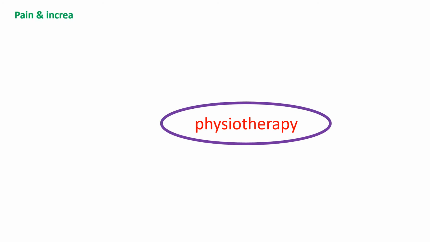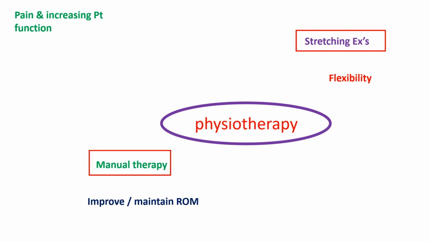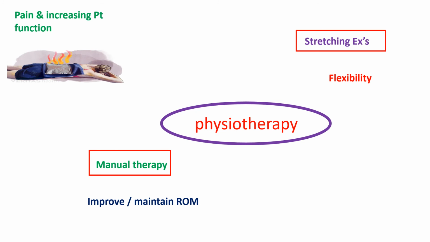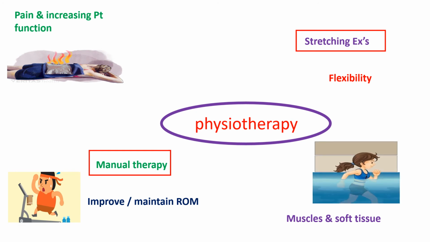Now I will tell you about the physical therapy management. The aim of physical therapy management is to reduce the pain and increase the patient's function. The program may include stretching exercises to restore the flexibility of the muscles, then manual therapy to improve the joint range of motion and maintain the range of motion, heat therapy to improve the blood circulation to the muscles and soft tissues, then cardiovascular endurance exercises to promote physical conditioning,